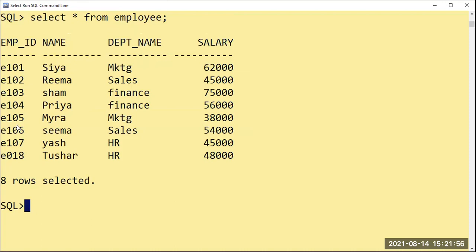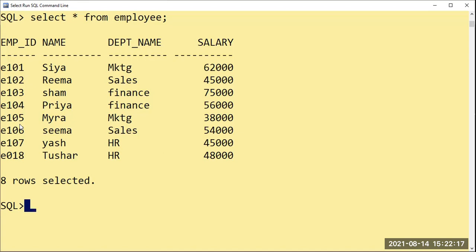Some scenario will arise where for everyone the salary has to be updated by 2,000 or 1,000, whatever the bonus is, right? No matter what the salary is, I'm going to increase 1,000 for everyone. This is for the common case.